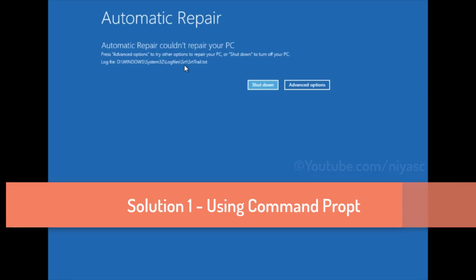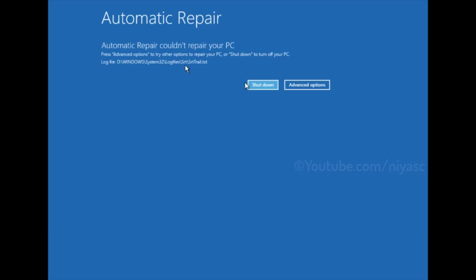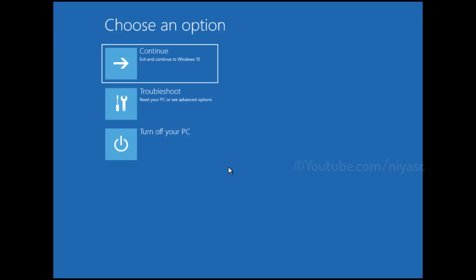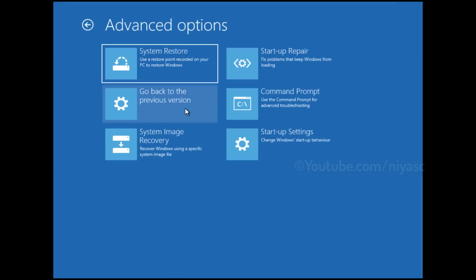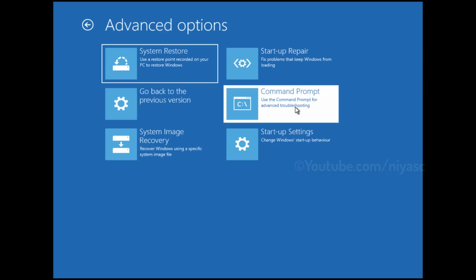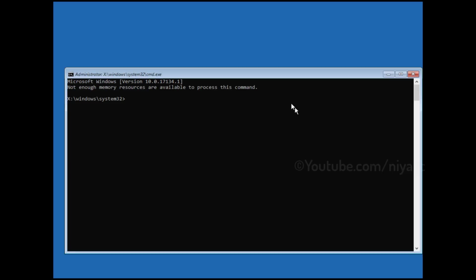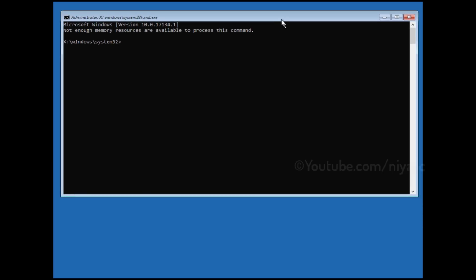In this method, we are going to manually restore the previous version of the registry from its automated backup on Windows 10. Click Troubleshoot. Click Advanced Options. Click Command Prompt. When your device starts in command prompt, it will start on